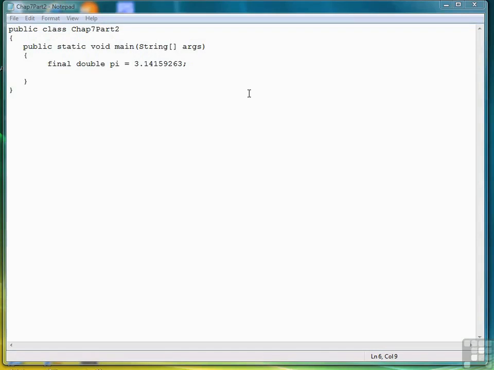Java has a special function or method that we can use to set the width and the precision of numbers that we display when we're printing them out, and that's the printf function. So let's take a look at an example. Here we have a final variable pi, and we've set it to 3.14159263. If we want to display pi to only, let's say, 4 decimal places, we can use the printf function